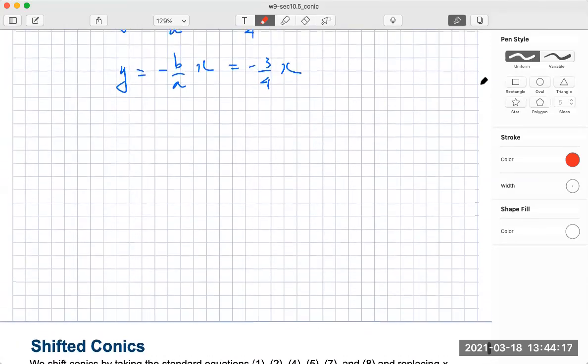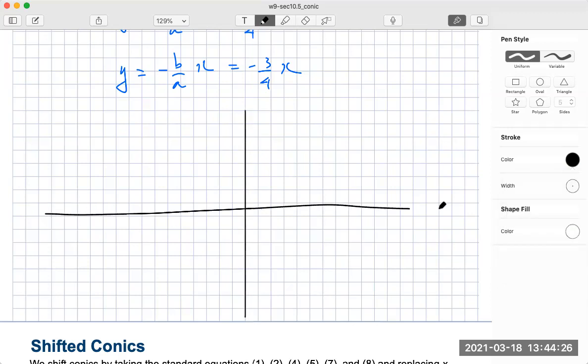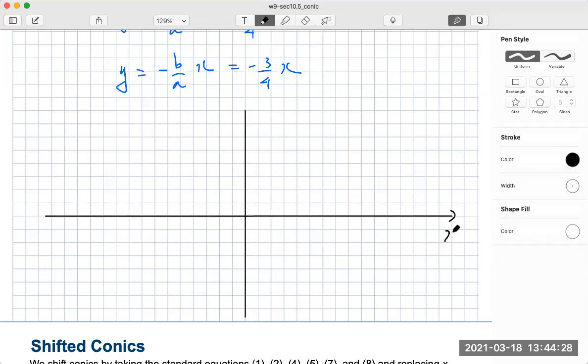Before doing that, let us take a look at this circle. So it has the radius 1,